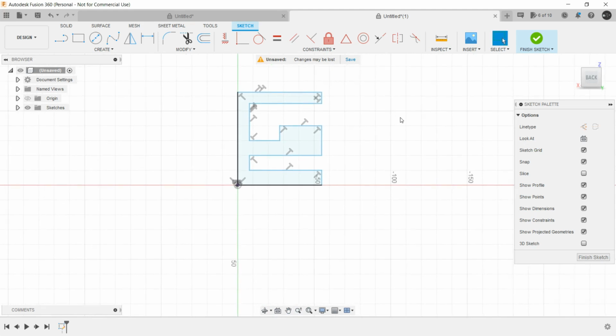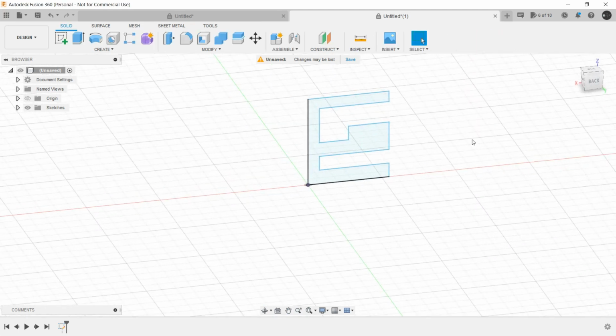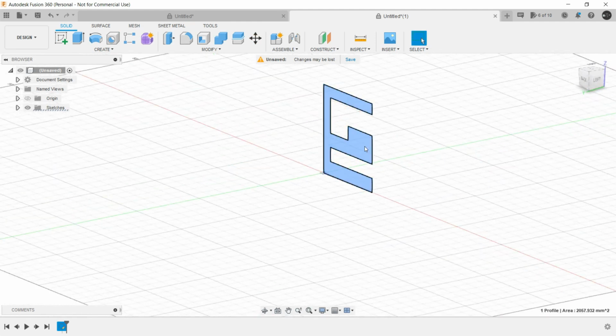Close the region and finish the sketch. Now when we click on press pull,